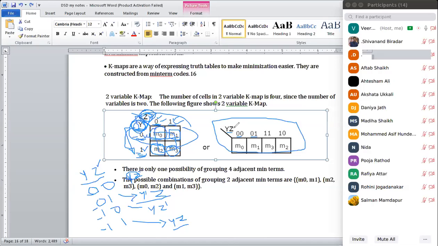Here we should understand that when I say YZ, the first value is Y, the second value is Z. 0, 0, 0, 1, 1, 0, 1, 1. Oh, sorry, 1, 1, 1, 0. The only difference that I have to write here is, first I have to